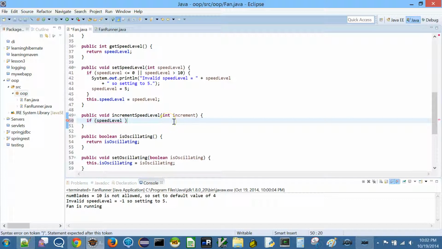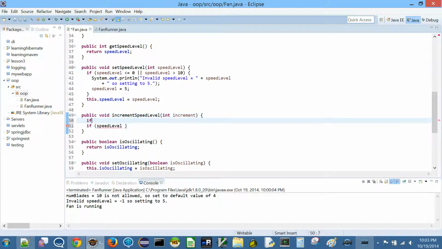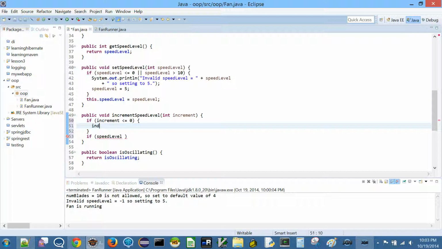Similarly, let's say for now, I am going to disallow negative values. So first thing I do is say if increment is less than or equal to 0, I am going to do nothing. Or I can as well do a return.